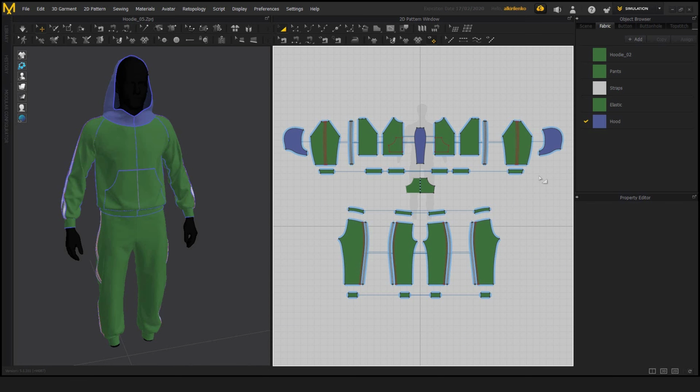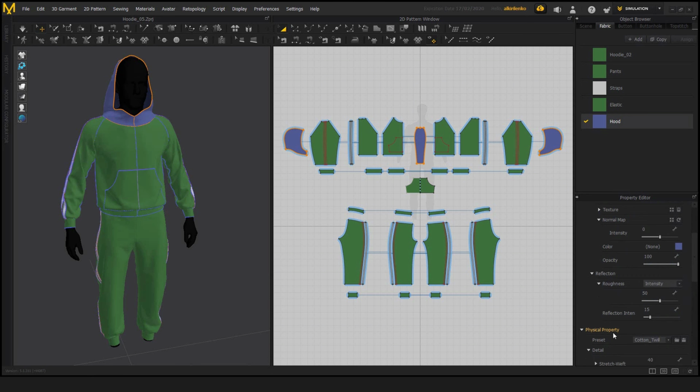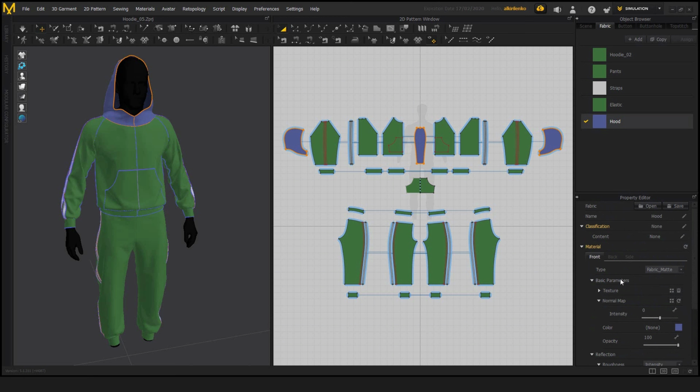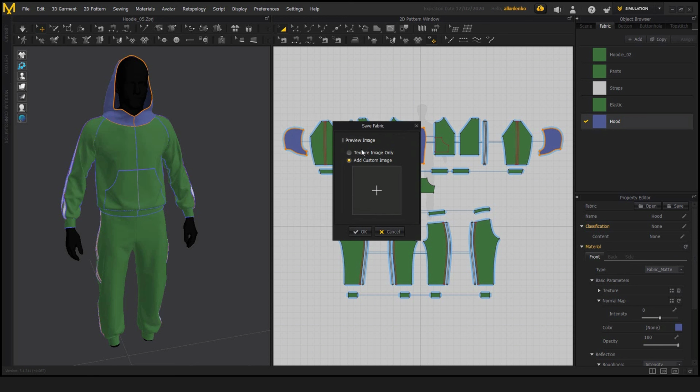When it comes to fabric itself, there are a few things I want to point out. First is the ability to save the fabric, and this is a useful way to create a custom library when you've changed some details inside of presets and you like the end result. In such a case, we can change the name, we can classify the fabric by content and other things. And when we press save, we get to choose whether we want to save it as a